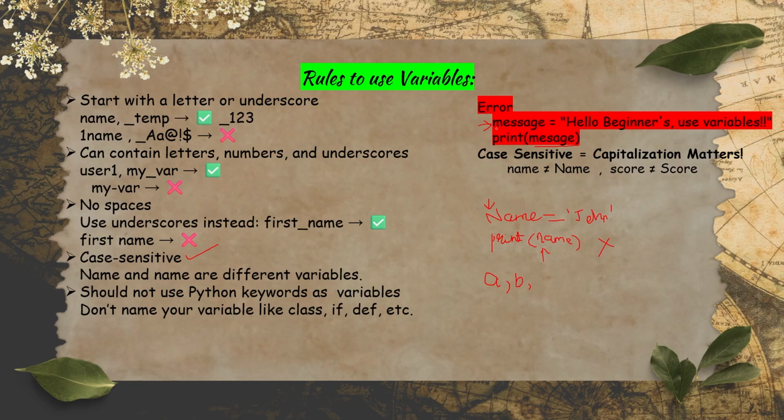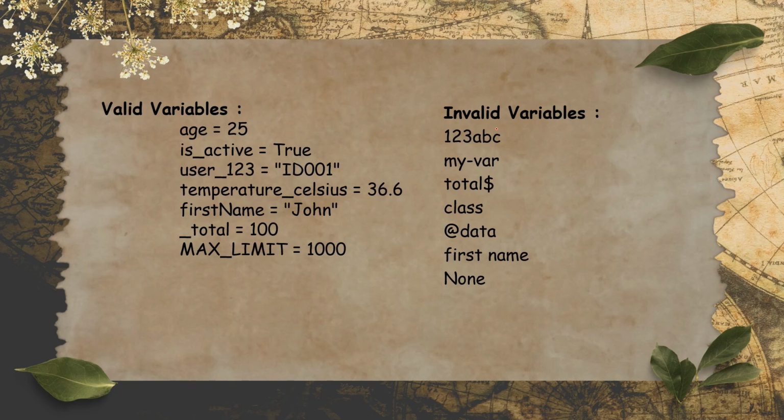Yes, and here we have some of the valid and invalid variables. As I mentioned, you have to always store the value inside a variable so that the value matches with the variable. Here we have age equal to 25. Instead of age equal to 25, here let me assign True to a variable name age. This is considered a valid variable. But the problem is, when I'm trying to code in real world projects, in such a case I cannot use such variables